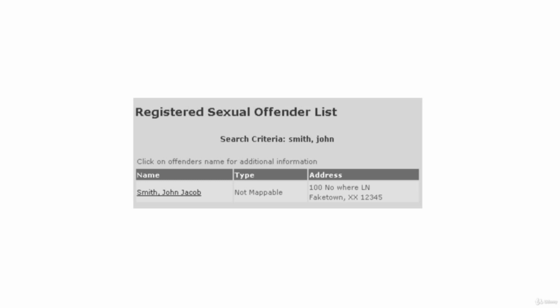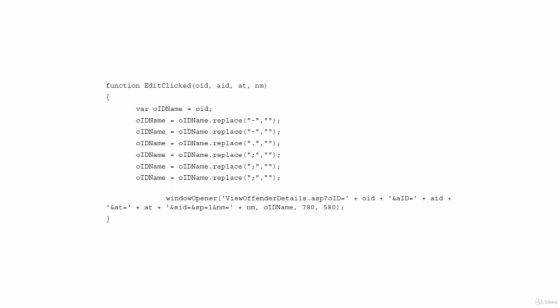Under normal conditions, a click on the link will call a JavaScript is to edit clicked function which builds a valid URL with the following code. This is the code.